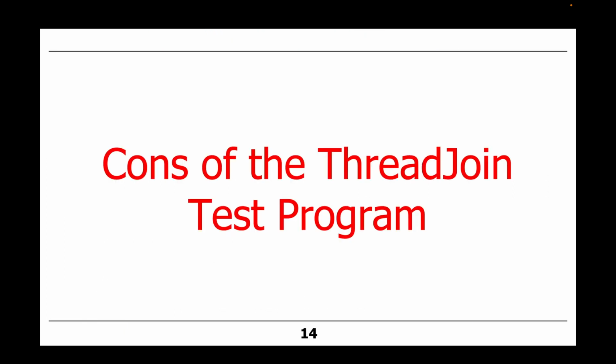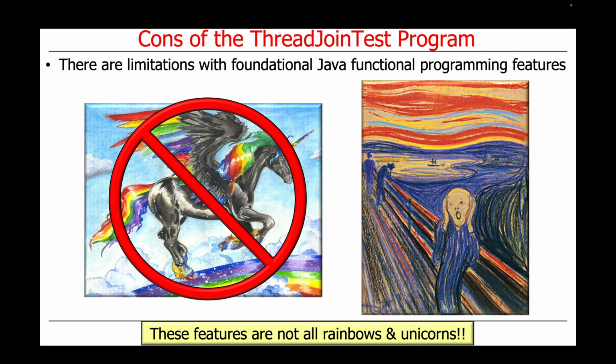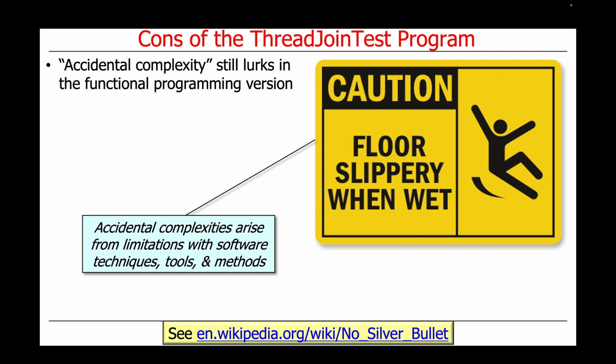Now that we've evaluated the pros of the ThreadJoinTest program, let's discuss some of its cons. It's important to recognize that there are limitations with foundational Java functional programming features. In other words, these features aren't all rainbows and unicorns. In particular, accidental complexity still lurks in the Java functional programming version of the ThreadJoinTest program. Accidental complexities arise from limitations with software, techniques, tools, and methods, as described in the classic paper No Silver Bullet